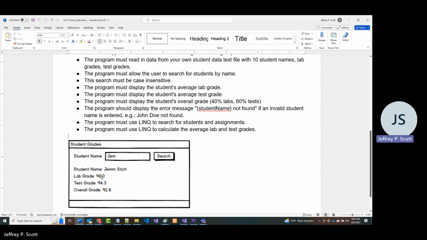And when you put that in, they had a lab grade, they had a test grade, and using a calculation, which we'll mention in a minute, you get an overall grade. All right. So the program must be case sensitive. It must display the student's average lab grade, their average test grade, which are these two things here, and then their overall grade. And you have to do a little formula to do that. And that is this one,